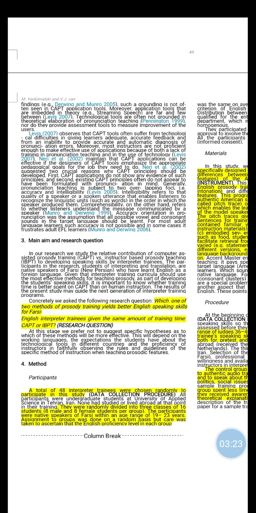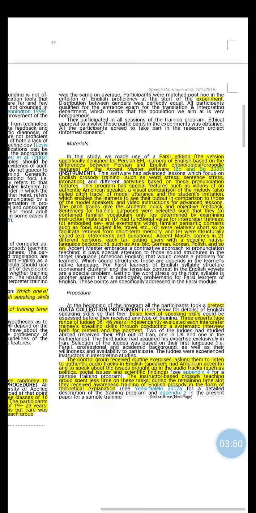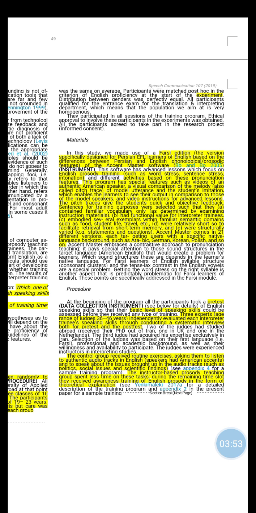They were randomly divided into three classes of 16 students, 8 male and 8 female students per group, and they all were native speakers of Farsi with an age of 19 until 23 years old. Assignment to their group was done on a random basis but also focused on the English proficiency level in each group. So the researchers did the experiment